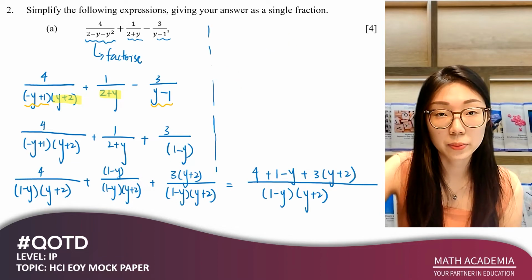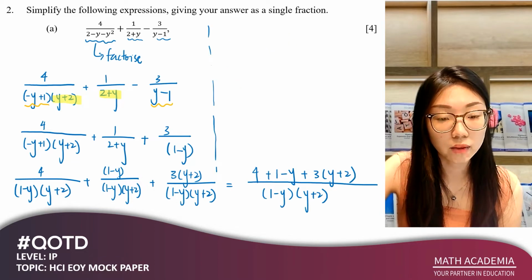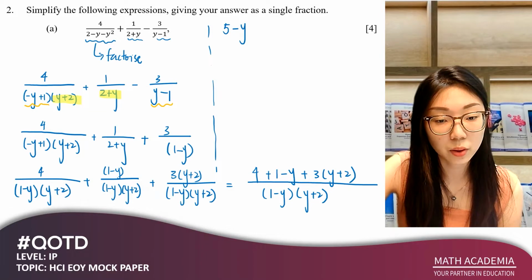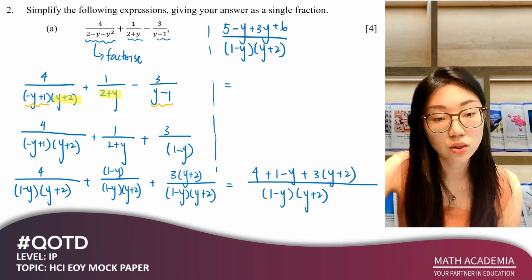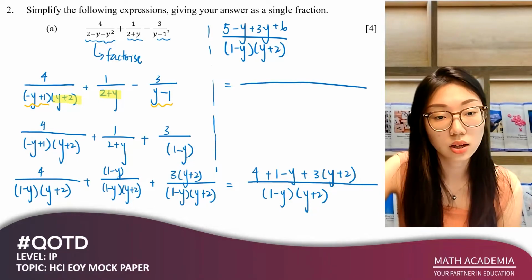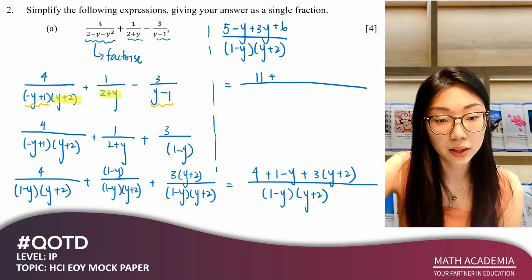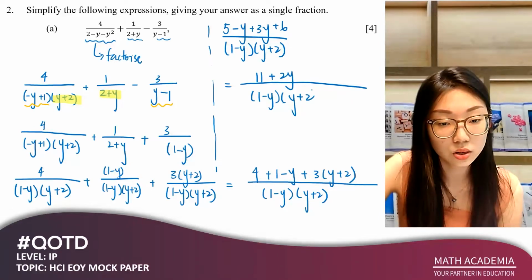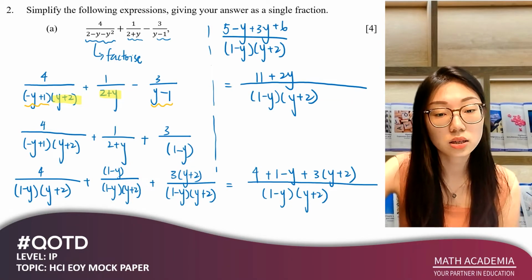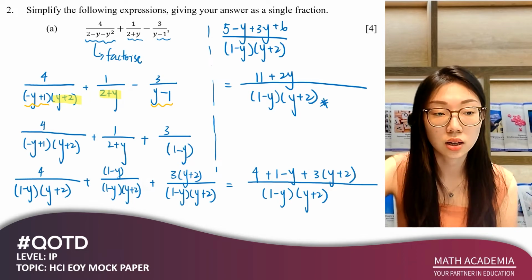To expand my brackets in my numerator, I have 5 minus y plus 3y plus 6 over 1 minus y times y plus 2. Okay, so that would give me 11 plus 2y over 1 minus y times y plus 2. Okay, and that would be your final answer for question